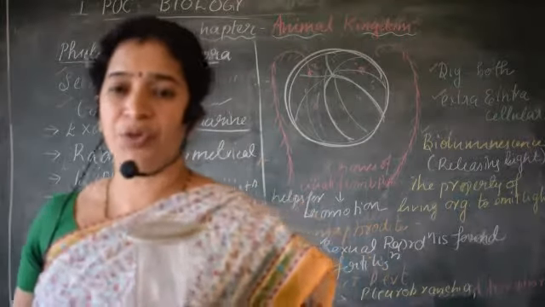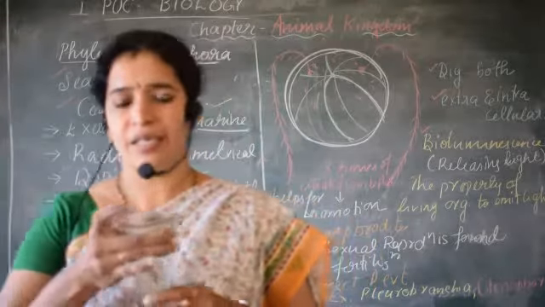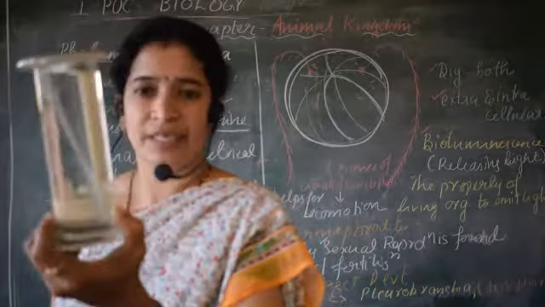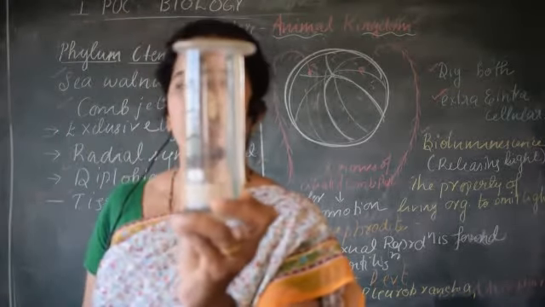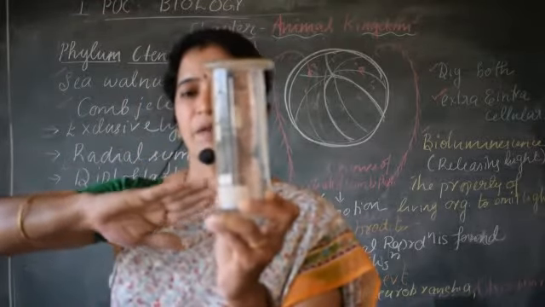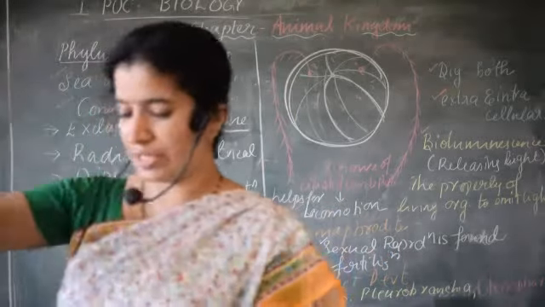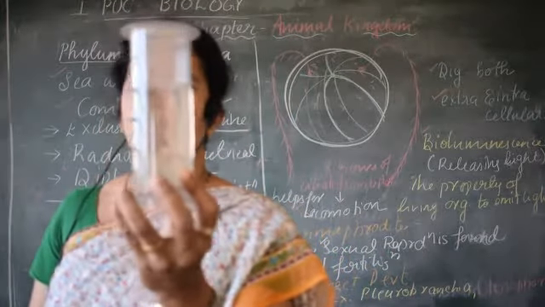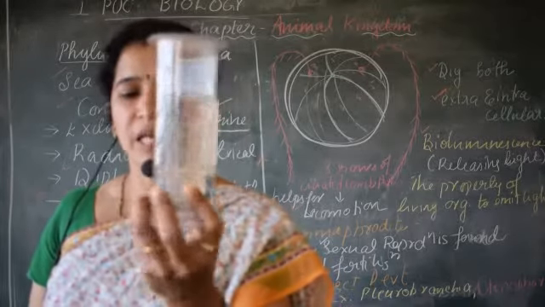I couldn't show you the Ctenophora. Let me show it in the next class. Hope you can see, there is a liver fluke inside. The liver fluke is very flat, so that's why this group is known as flatworms. See, this is another specimen, a tapeworm. You can see how it is extended like a tape and tied in the jar. You can see it is very flat.